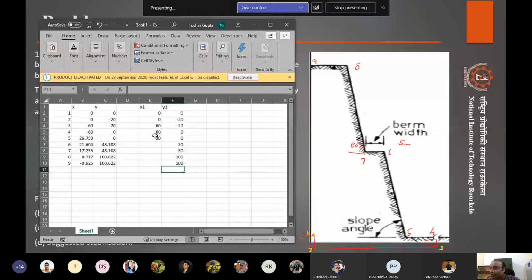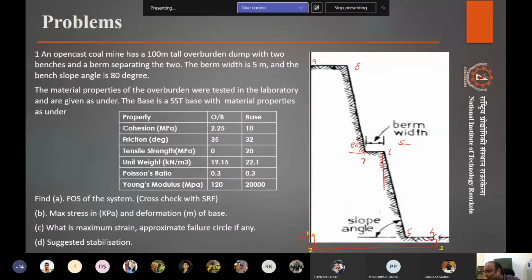Now we have to find the x values. For that we just have to give the negative of the tan theta components of these heights. So basically, if this height is given as H, right?